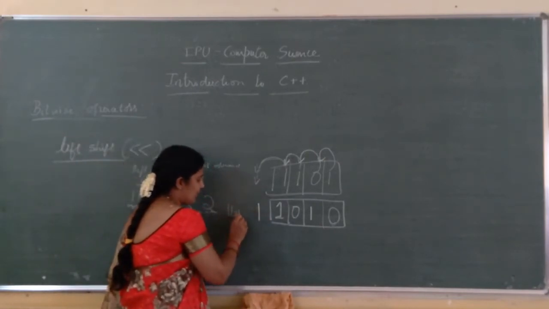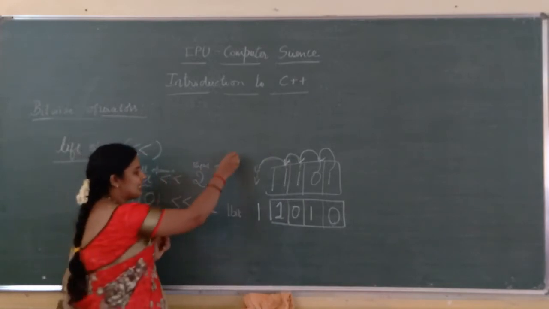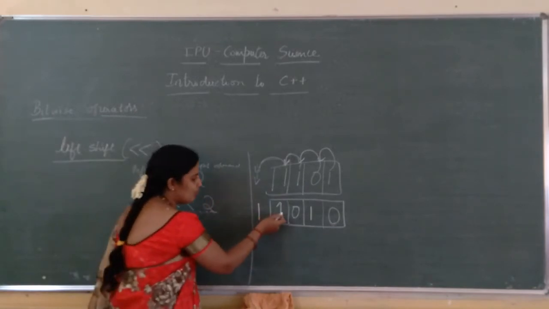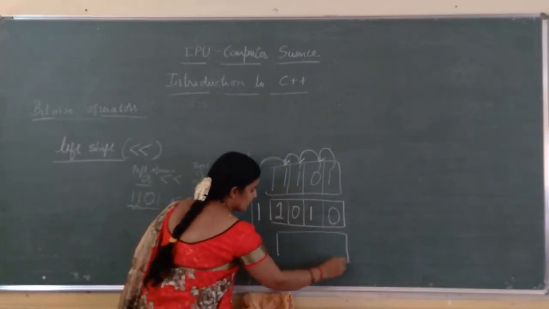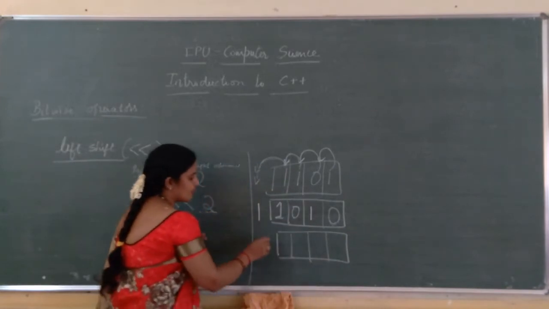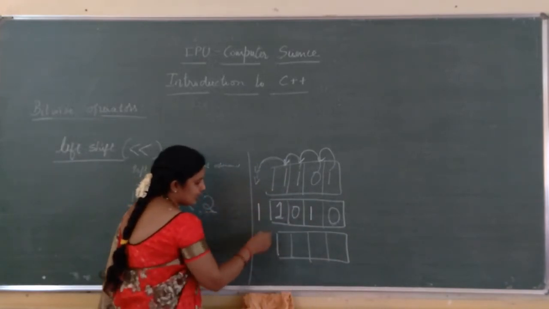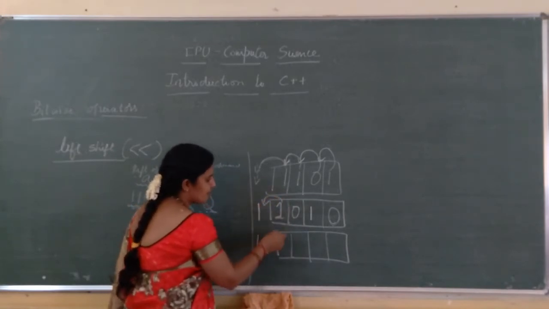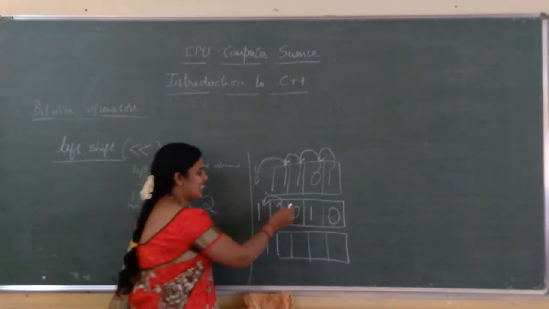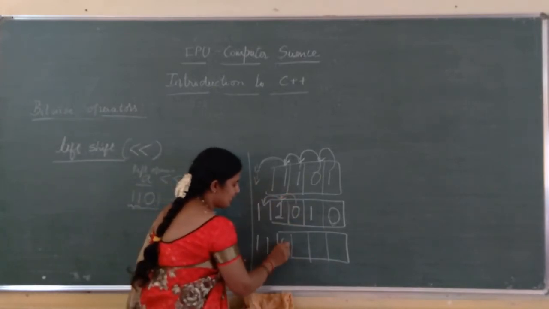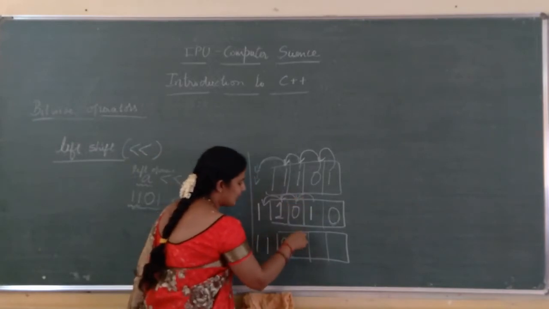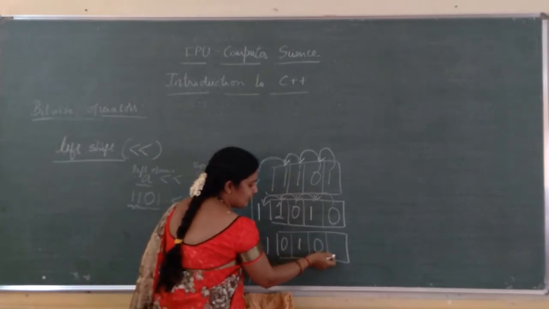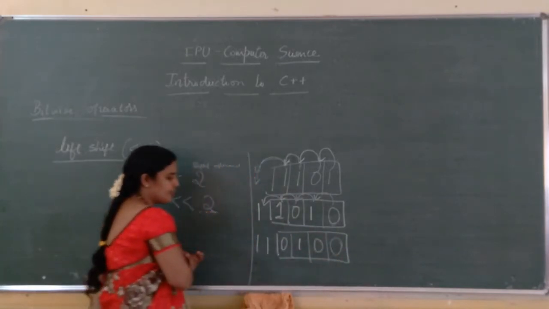1 bit is shifted. Now how many bits do I have to shift? 2 bits, isn't it? So I have to shift 1 more bit, isn't it? 1 more bit. This is already shifted, isn't it? Now you are going to shift this. This comes out, isn't it? This comes out. Goes out of the memory. Next, this comes here. So I will write here 0. This comes here. So I will write 1. This comes here. So I will write 0 here. And here one place is left blank. Just put 0 here. Is it clear?